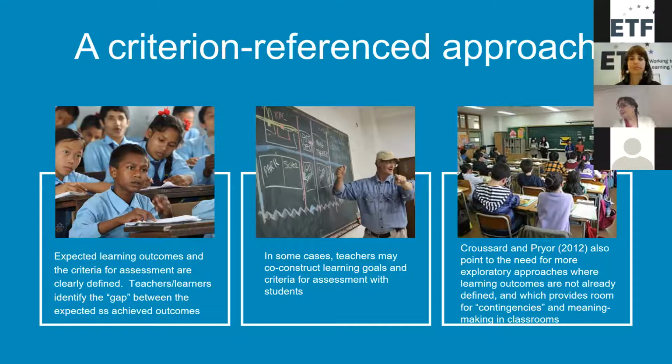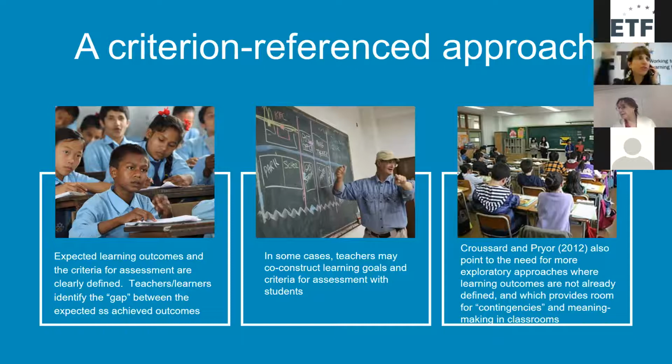The criterion referenced approach is also important because it ensures that everyone knows what the expectations are. No one has to guess what the teacher has in mind. And the aim is that all learners are helped to meet the standard. So it's not a competition about who's the best and the brightest, who's going to be at the top of the class, but how can every learner be helped to meet that standard? How can learning be tailored for different learner needs?